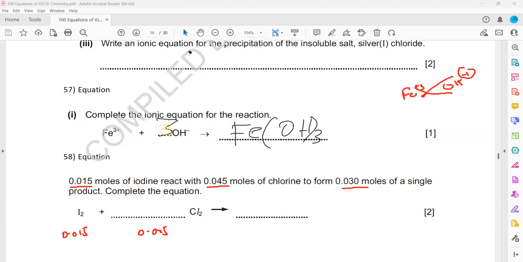We can divide by the smallest value and get it in whole numbers. So 0.045 is there, and this one is 0.03. When we want to take the simplest ratio, we divide by the smallest value, 0.015. So this will be 1 here, this will be 3 here, and this will be 2. So how many iodine do we need? We need 2 iodine and we need 6 chlorine in the product. So what should be the formula of the product? If we need, and here 2 moles are needed, so we need